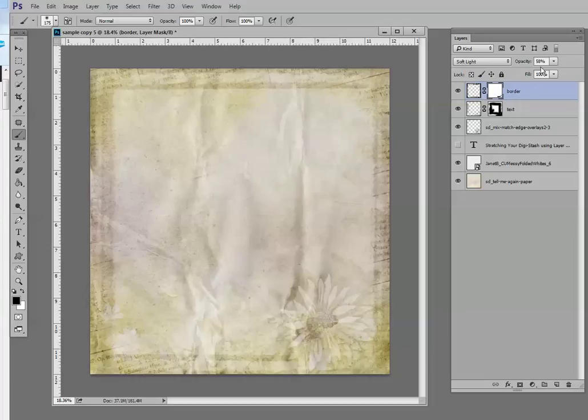And it was done very simply and very quickly by combining certain portions of overlays that I liked with other overlays that I liked and just masking away what I don't want. Now, the Mix and Match Edge overlays were designed specifically to work in this way, but you can use any overlays that you like. Just find ones that you like and use pieces and portions of them